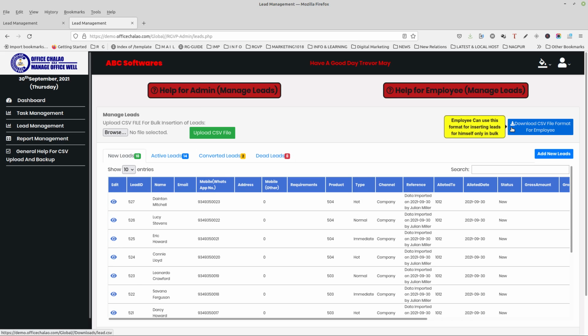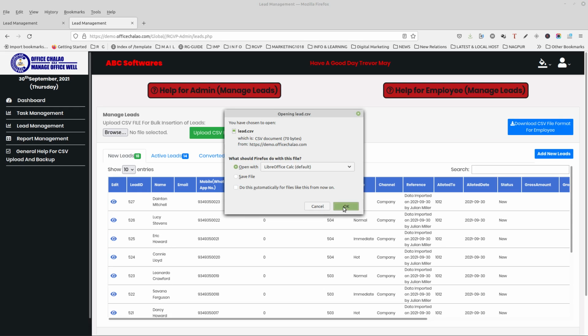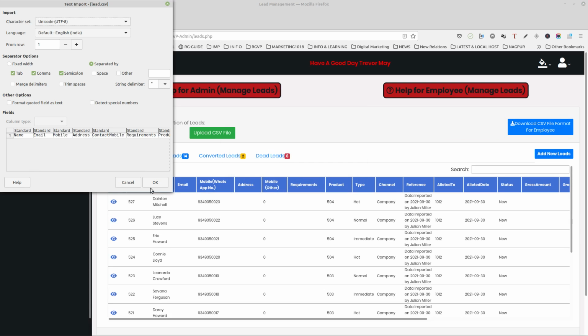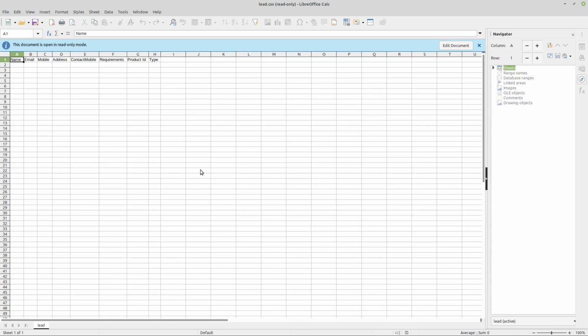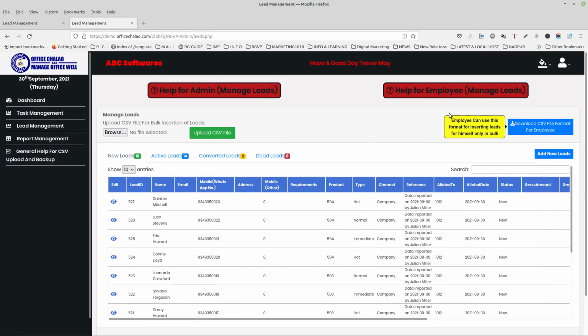The employee can also add the leads in bulk and allot them to himself. The employee will have to download the CSV format file, enter the details of lead in the given format, browse the file and click on Upload. The leads will be uploaded into the system and will be allotted to him. The mandatory fields are